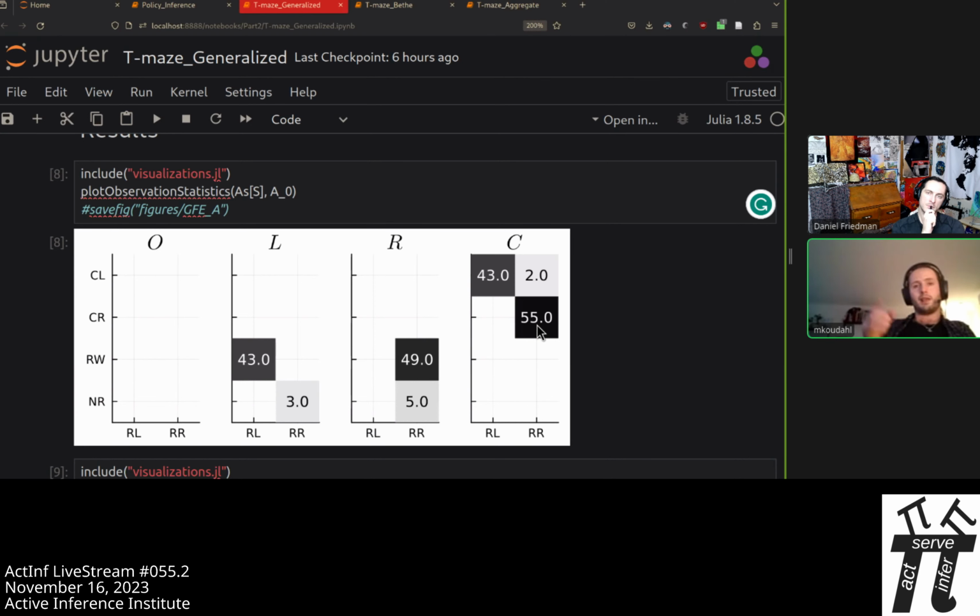So this shows us that if we do this iteration, the agent can actually learn a pretty good, I'm not going to say the correct, but a really good likelihood matrix that predicts where things are and how all the relations actually work in the T-maze experiment. Which is nice, because that means that we don't have to put all this in. We can actually do parameter learning using this GV-based message parsing as well, which is really neat.